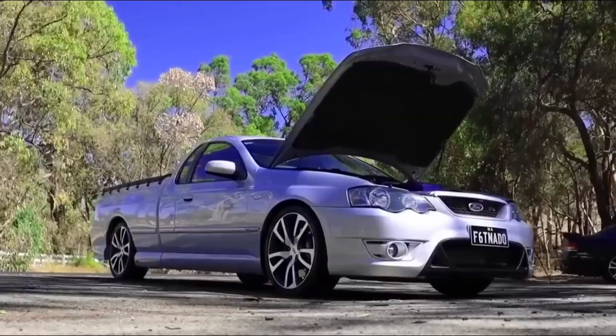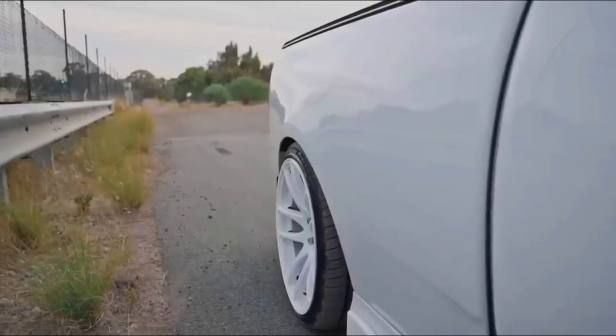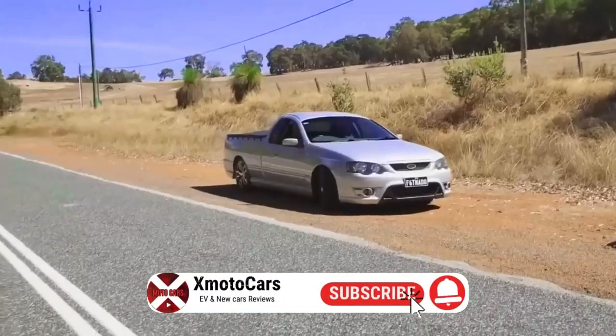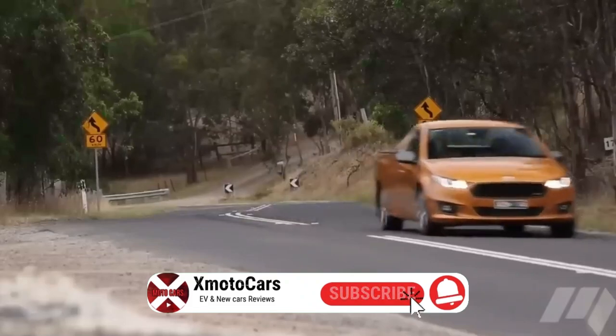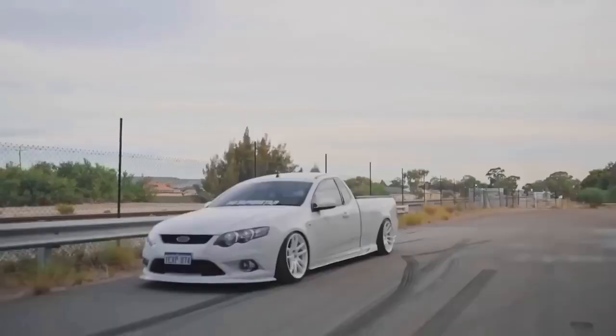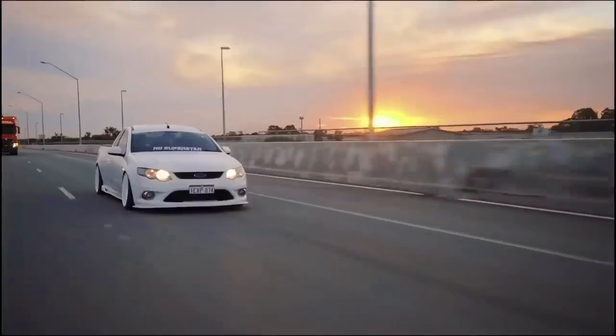The Ranchero is set to be a rolling showcase of Ford's latest and greatest tech toys. We're talking LED lighting, state-of-the-art safety systems, and cutting-edge infotainment options that'll put your smartphone to shame. Because let's be real, what's the point of reviving an icon if you don't give it a proper 21st century